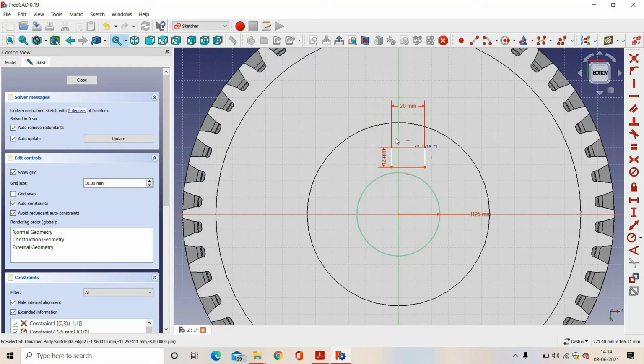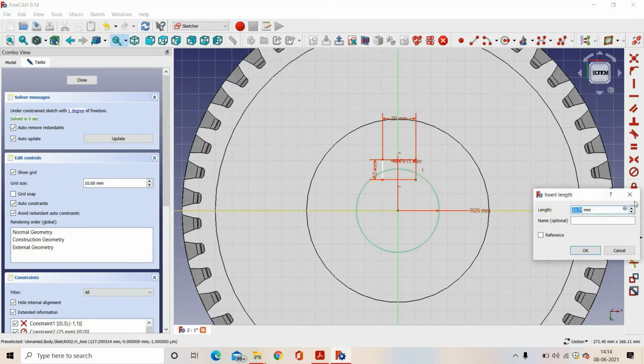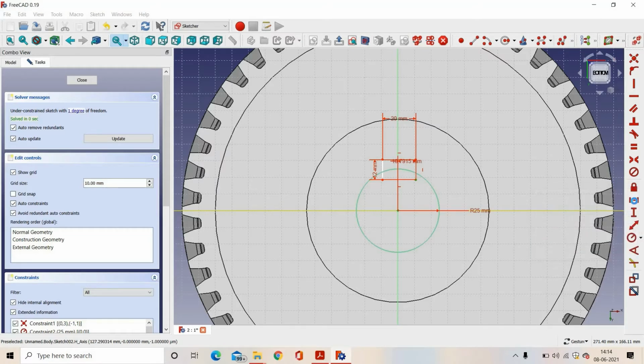Now you can see that this rectangle is moving, so we have to fix its position. To fix the position, the distance between these 2 points is 10 mm.